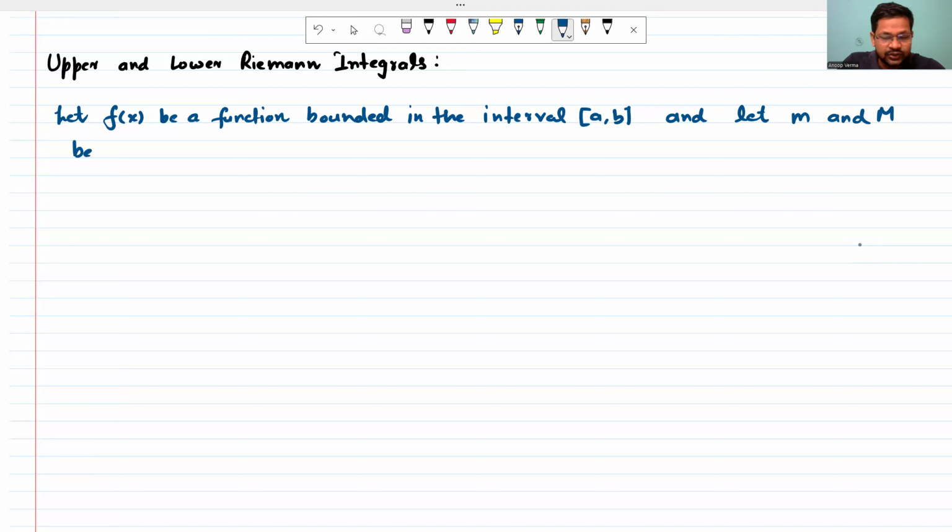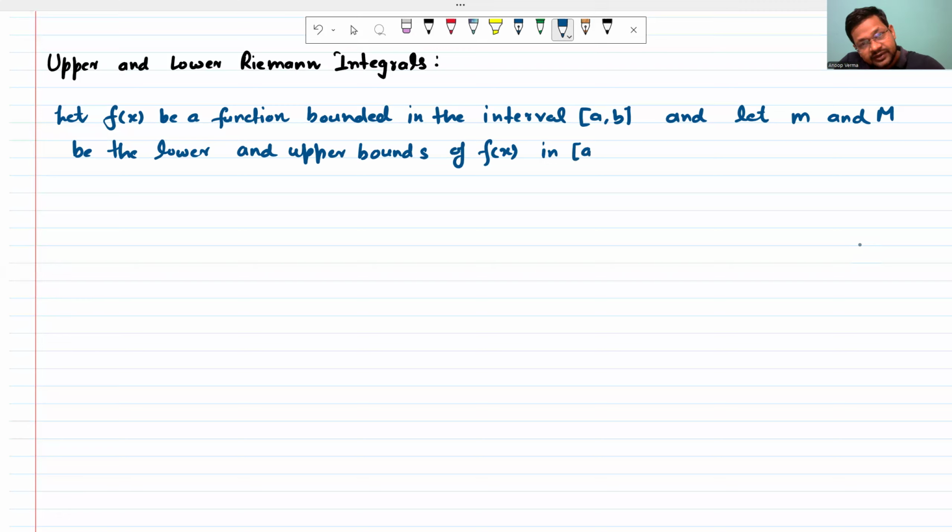They are written here as lower and upper bounds, but small m and capital M are actually the infimum and supremum of the function in the interval a comma b, because we know that lower and upper bounds can be so many, है ना, बहुत सारे हो सकते हैं। तो बट we restrict our upper and lower bounds as supremum and infimum of f(x) in this interval a comma b।